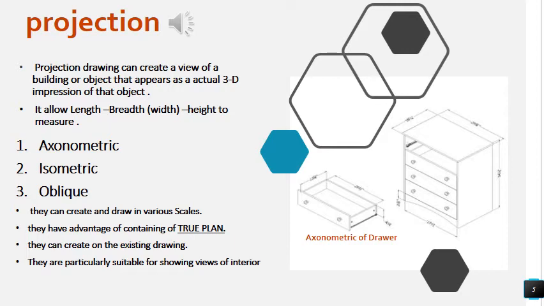They are pictorially suitable for showing views of interiors. We can draw exteriors in any way, but because they show very minor details, and all the details and scales of the object are highlighted in axono, iso, and oblique views, most of the time these kinds of views are used for the interior of an object or of a room. In the last slide, we